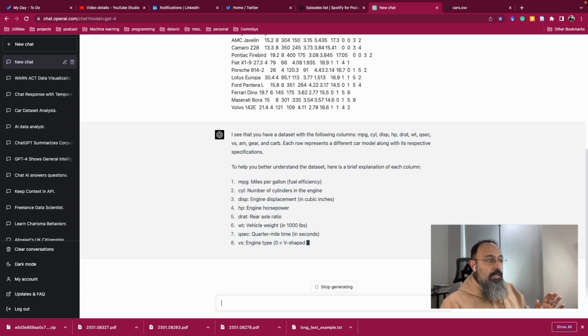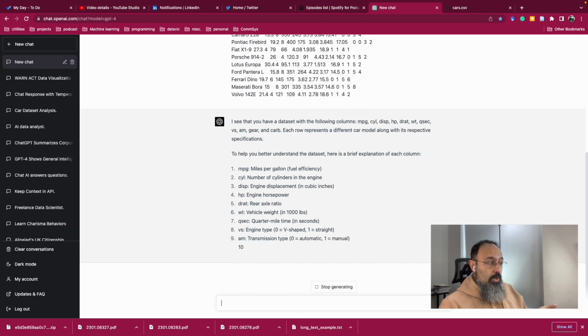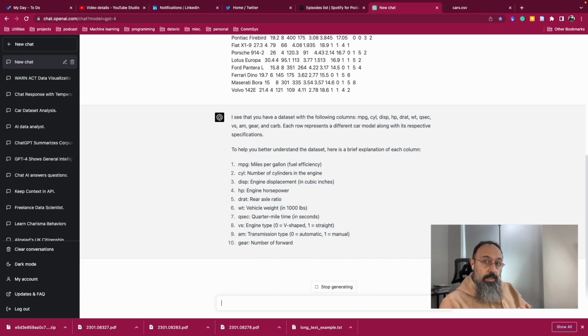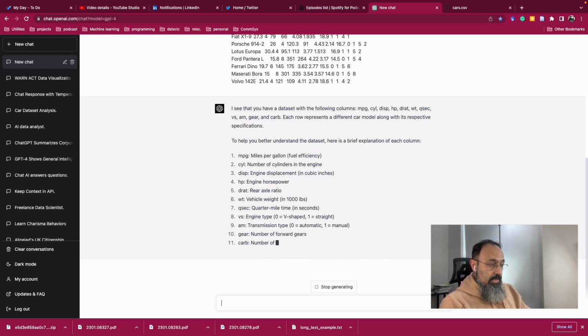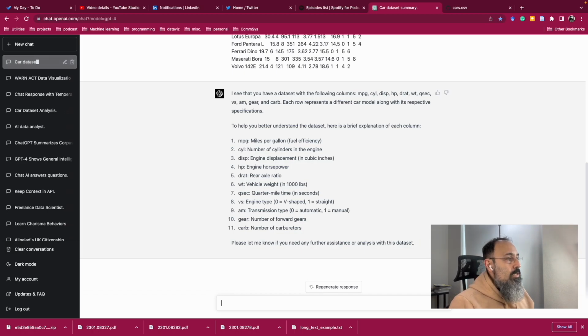So if you have a data set that you don't know exactly what the columns are, it can describe for you what the data set actually is. Now it asks me if I need any assistance with analysis of the data set. So let's just ask a question.